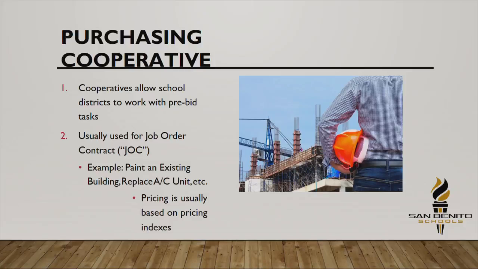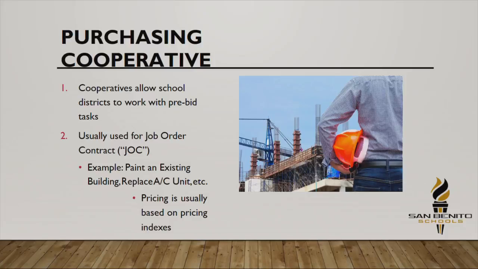For goods, we know that it is what it is. You're not going to be able to get a Dell computer cheaper than what the BuyBoard is going to give you. But for services, it's going to be very hard for a BuyBoard to distinguish what the capacity of labor is, say in San Benito as opposed to Mercedes, as opposed to Rio Hondo, much less the whole state of Texas or their 4-state region.